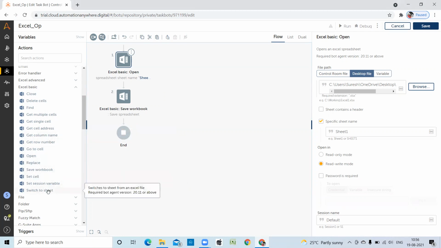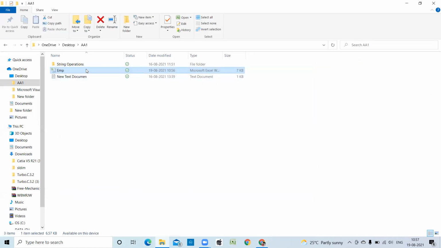Yes. Switch to sheet. Switch to sheet means we can move from one sheet to another sheet. But here we cannot see it because Excel is working in the backend only, right? That's why we are not able to see this currently, but we can see. Wait a minute, I will show you another way.